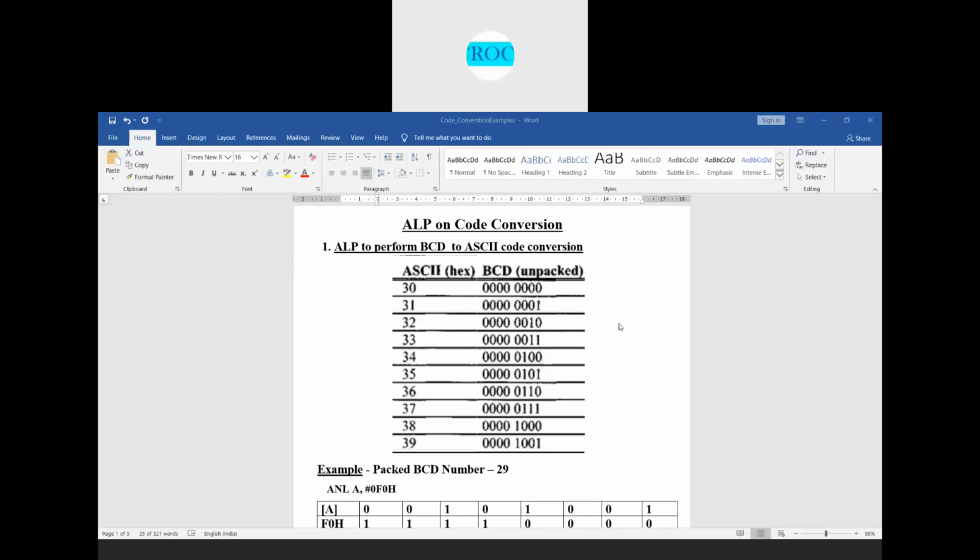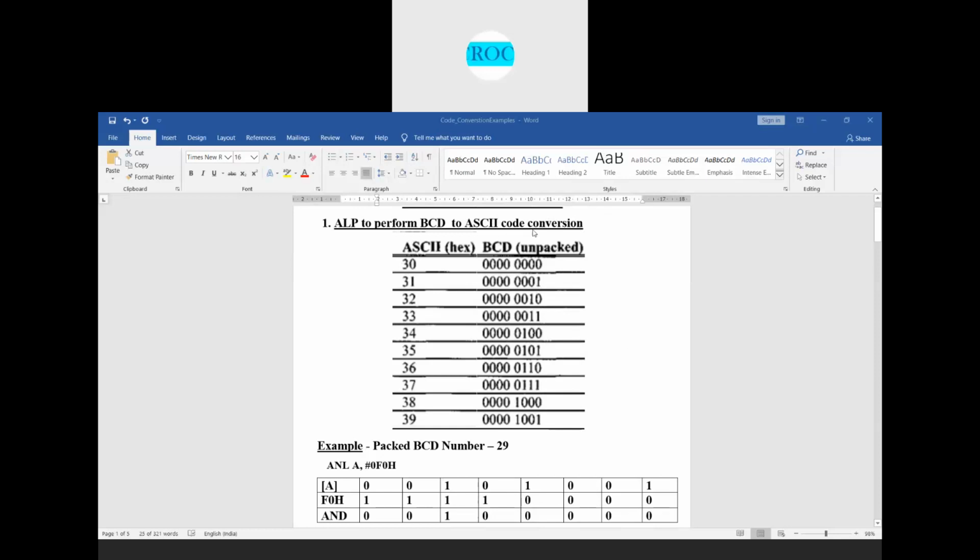If you see, we know BCD stands for binary coded decimal. We have digits from 0 to 9: 0, 1, 2, 3, 4, 5, 6, 7, 8, and 9. And the ASCII equivalent in hexadecimal is 30 for 0, 31 for 1, 32 for 2. Looking at the table we have,